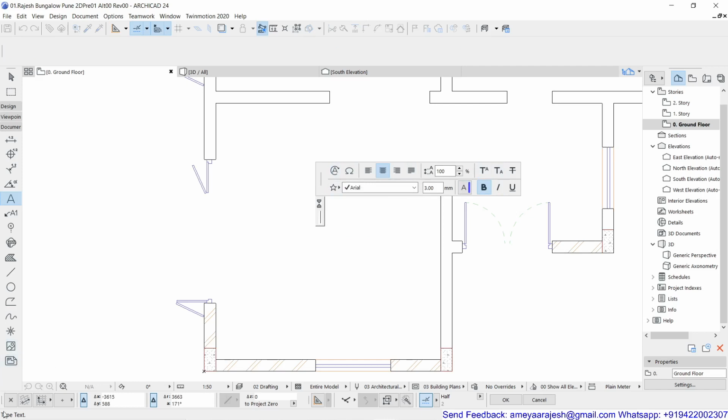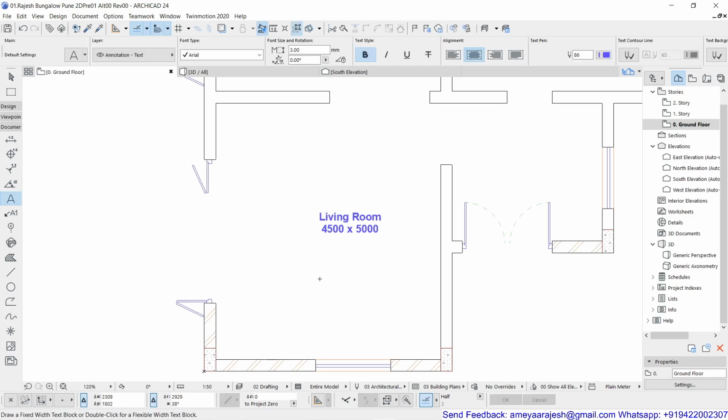Now it's written, type text. So you have to keep on typing. For example, living room, and then I'll use an enter to go to the next line, and it is 4500 millimeters by 5000 millimeters. And then to finalize the text, simply click outside anywhere. Your text is now written.